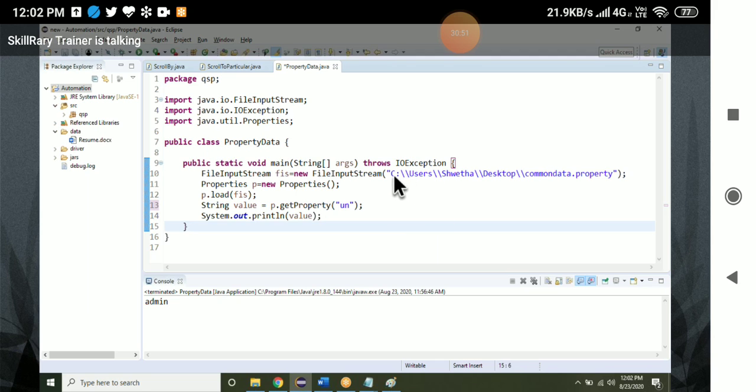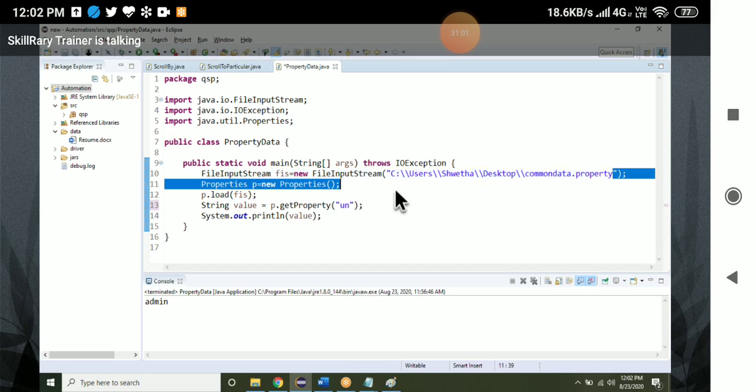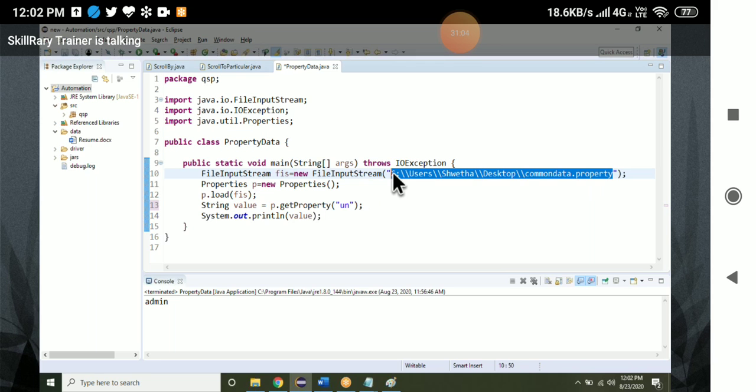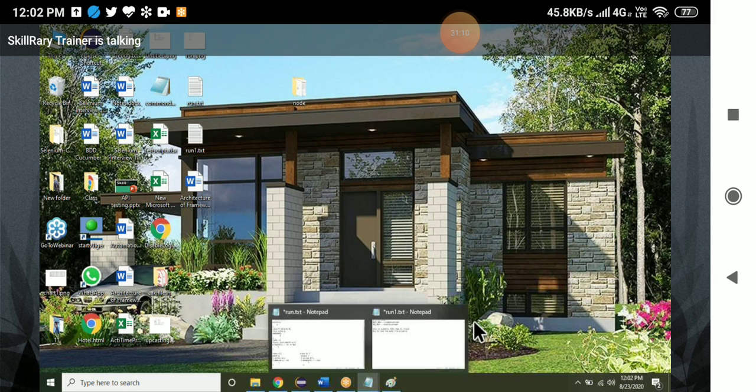In real time, we never give a path like this. This is the file we have kept on the desktop. We don't keep it on the desktop now.